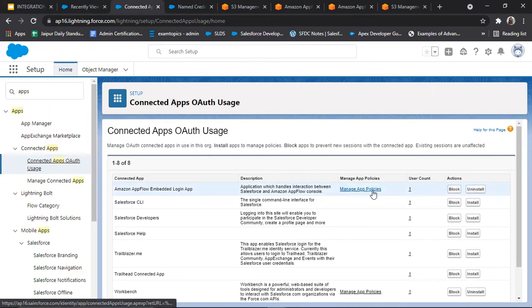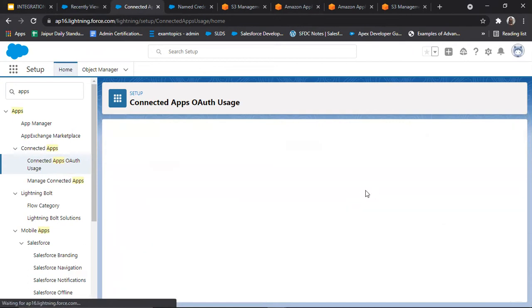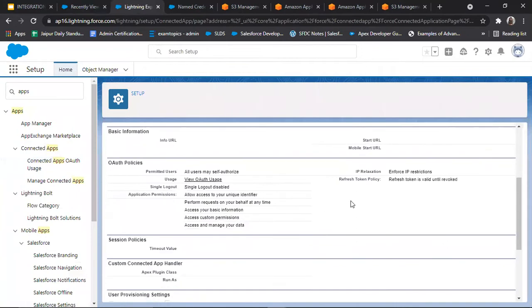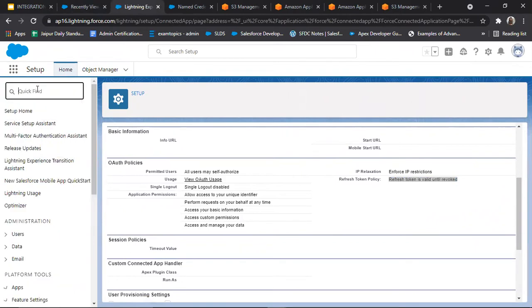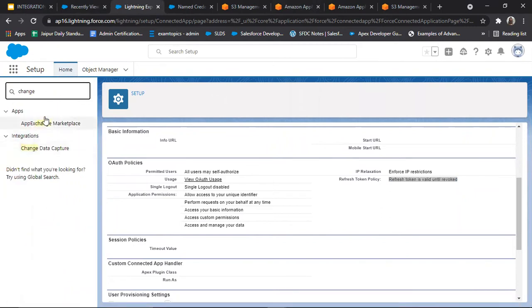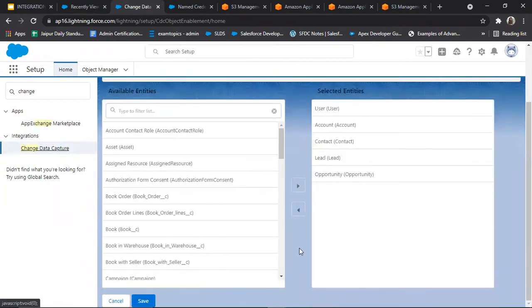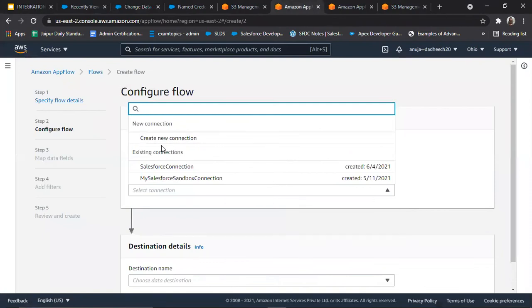And as soon as you install it, you'll be able to access manage app policies, and go to the manager's policies and ensure that the refresh token value is valid until revoked. You have to ensure that it is there. Next, to add some entities, enable change data capture. Go to change data capture and add all the entities you have to use in AWS, and hit the save button. So this is how you can create the connection between Amazon